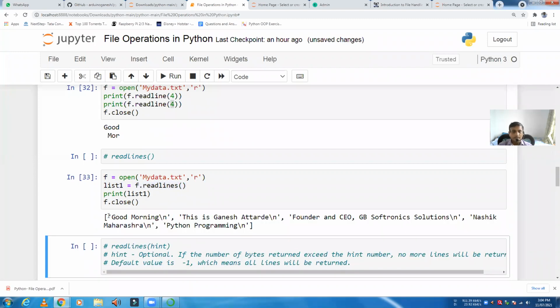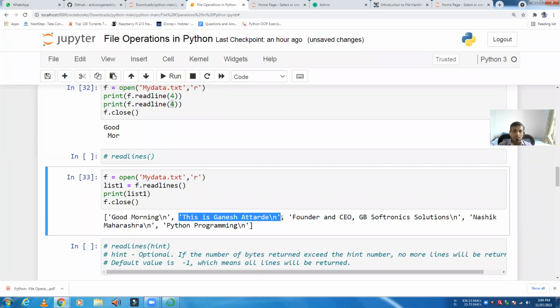So you can see here the first content, list of 0 contains good morning, list of 1 contains this is Ganesh Attade, list of 2 contains founder and CEO GB Softonic. Nasik Maharashtra is list of 3, and list of 4 contains 0 1 0 1 2 4.